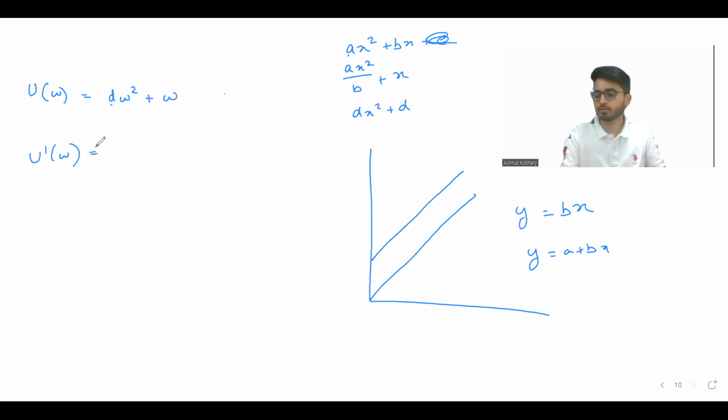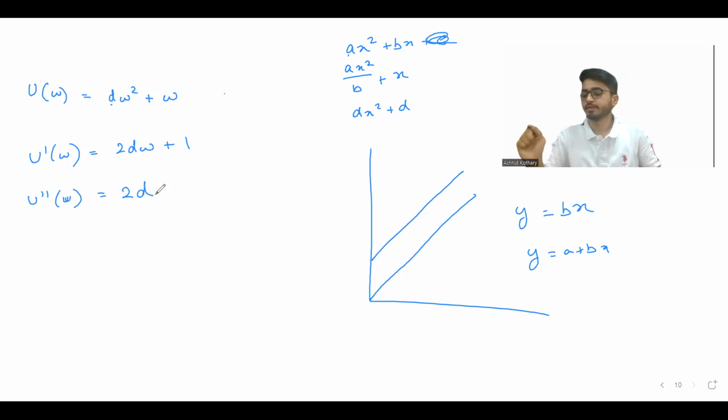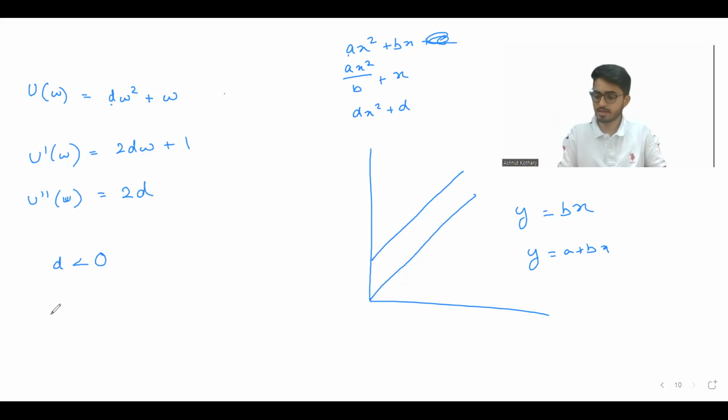So the first derivative is coming out to be 2dw plus 1. The second derivative is 2d. For an investor to be risk averse, U double dash W should be negative, which implies that d should be less than 0. And for an investor to satisfy the principle of non-satiation, U dash W should be strictly greater than 0, which means that